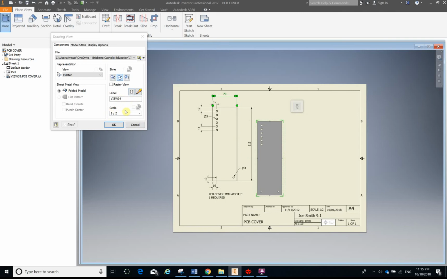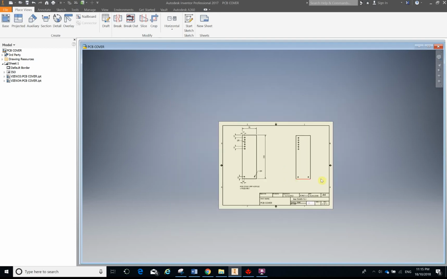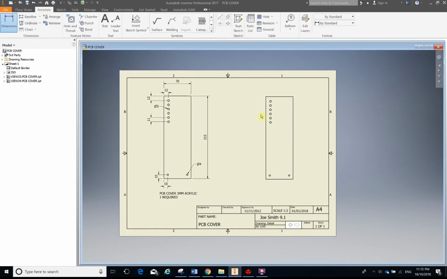So currently it's saying it's doing it at half scale, and I've just used these little functions here to line that up for me. I'm going to click OK, and if I click on that corner there, I'll be able to move it out. Now you only need to do one of these, but I'll just show you how to do these dimensions. So if you're now going to annotate and click on dimension,